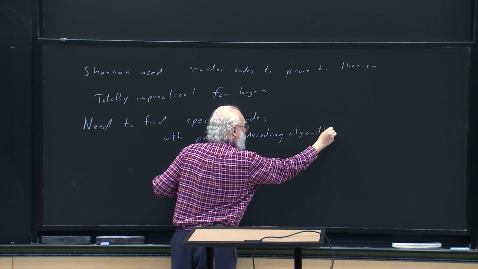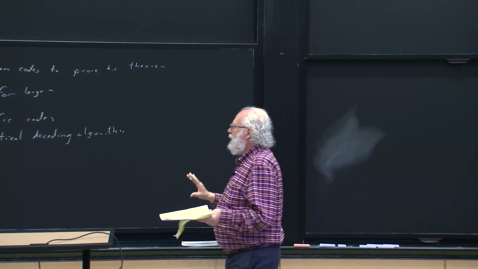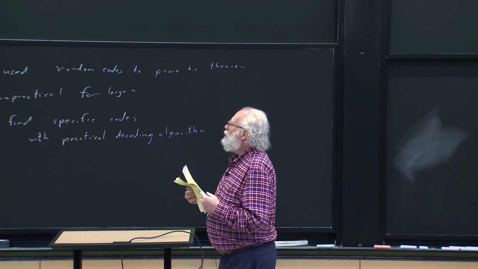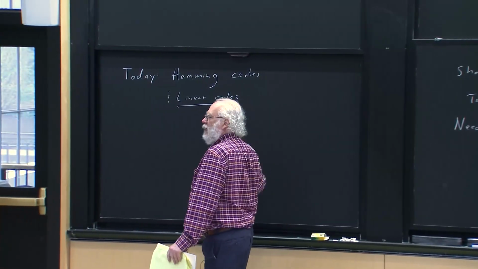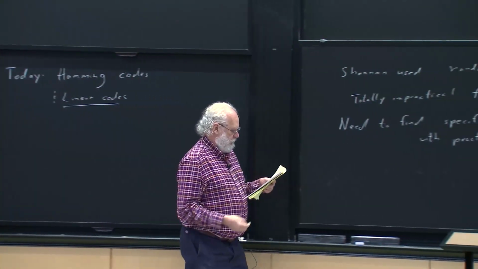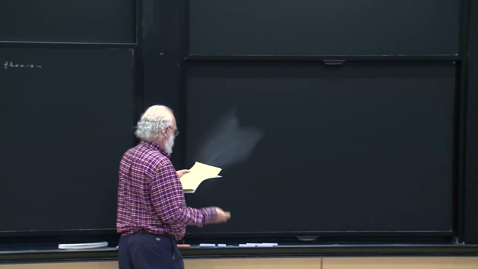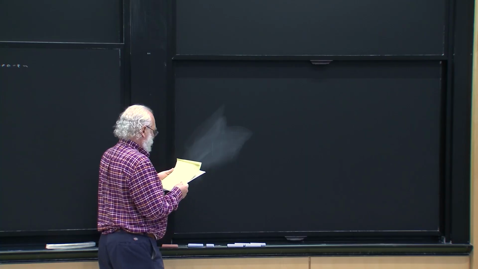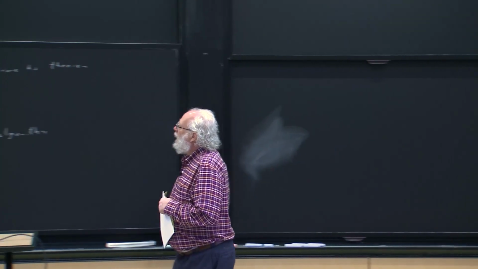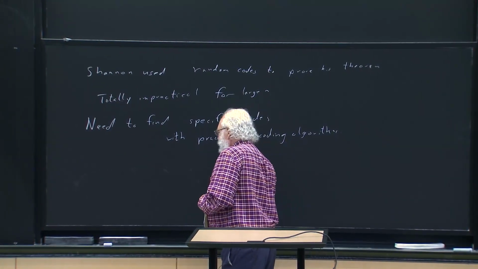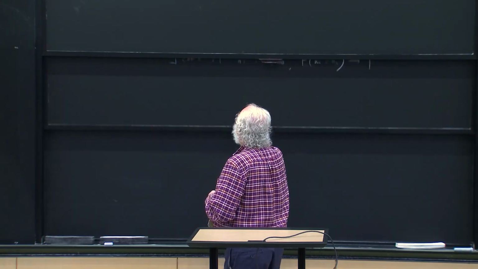And today and Thursday, I will tell you about two of these codes, and they will basically stand in for the whole class of linear codes. So Shannon proved his theorem in 1948. And 2 years later,